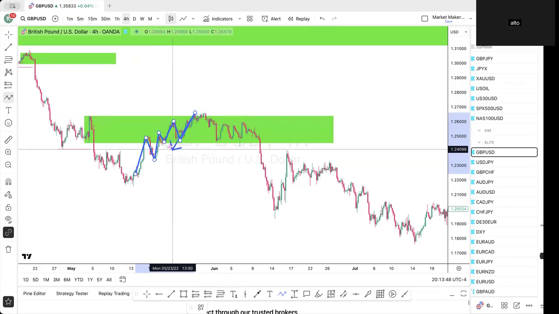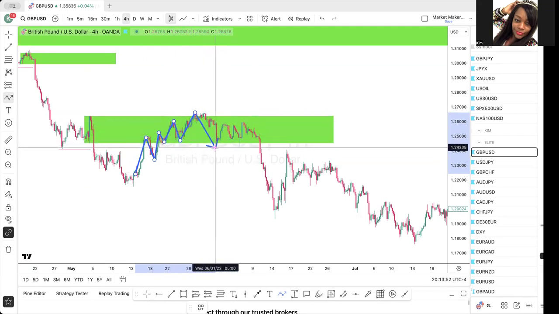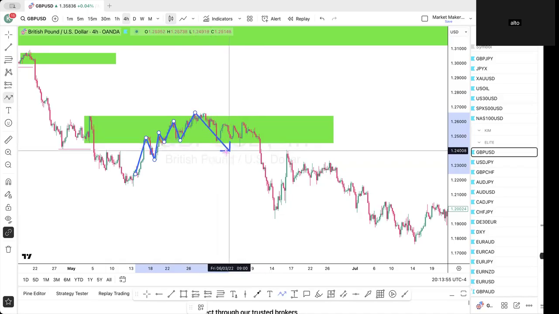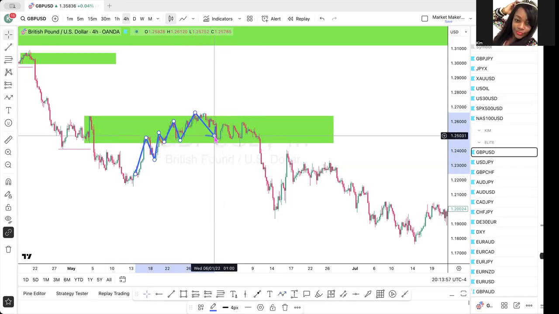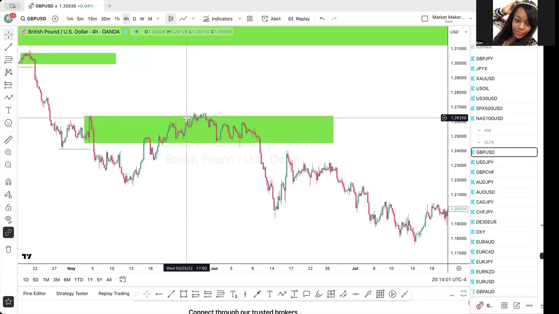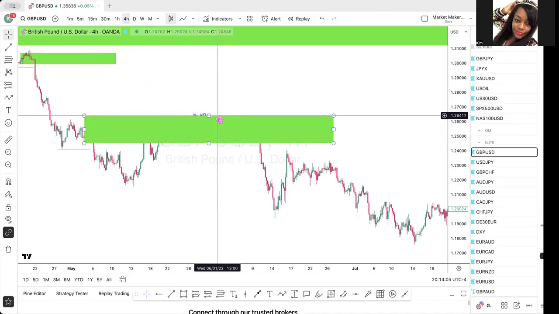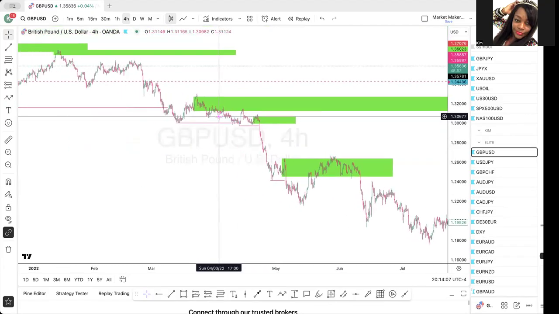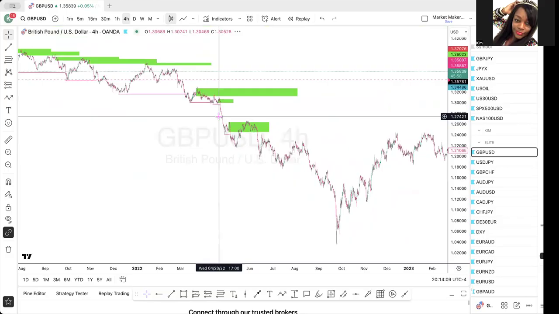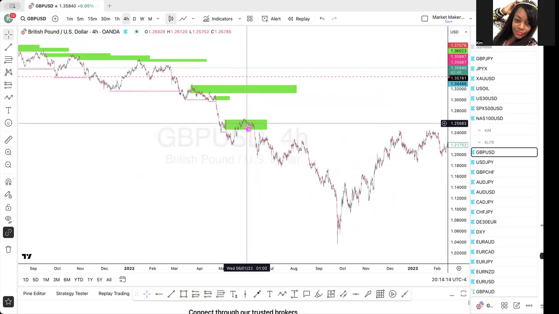started breaking structure. Yeah, that's a break of structure because it closed below the last swing low. So even though it broke above here, we're still bearish. This could have been a buy back up to there, but